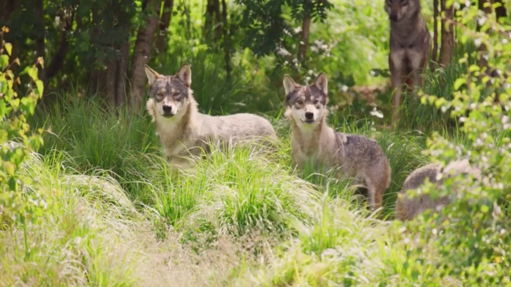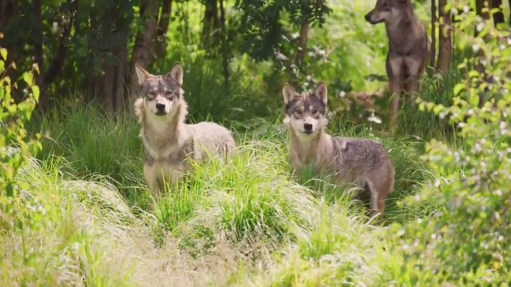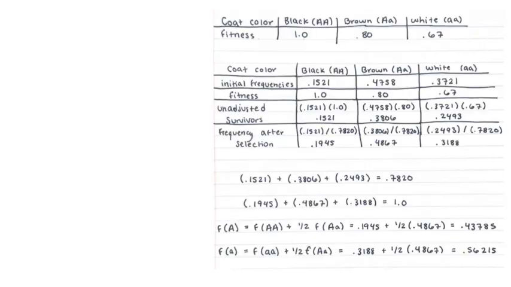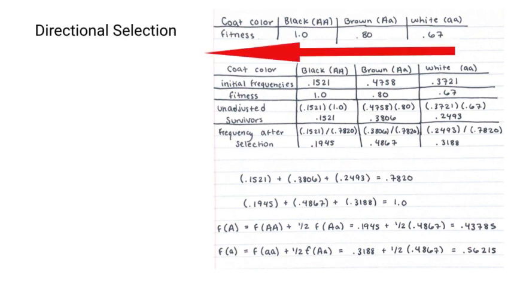Unfortunately for our herd of horses, a pack of wolves that hunt at night move in nearby. Because this pack of wolves can more readily see and hunt the white and brown horses, this increases the fitness of the black horses. This is an example of directional selection because the preferred genotype is homozygous dominant, and that is the direction selection moves in.